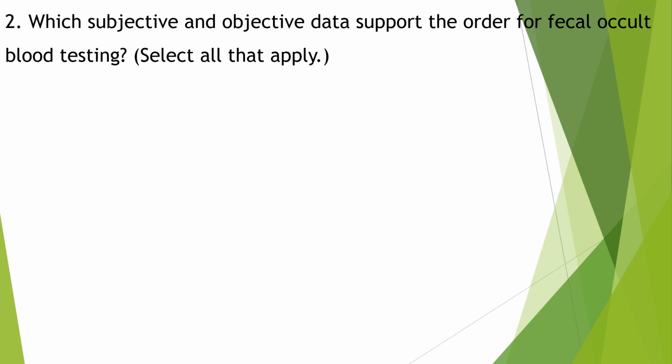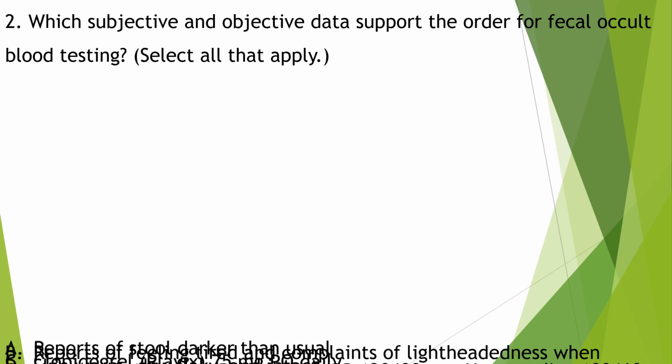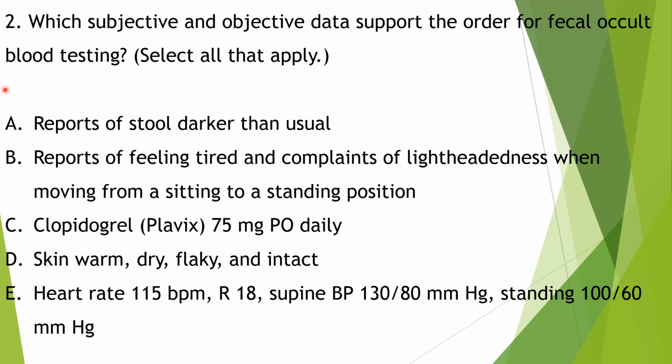Which subjective and objective data support the order of fecal occult blood testing? Reports of stool darker than usual, reports of feeling tired and complaints of lightheadedness when moving from a sitting to a standing position, clopidogrel 75 mg per oral daily, skin warm, dry, flaky and intact, heart rate 115 beats per minute, respiration 18, supine BP 130/80 mmHg and standing 100/60 mmHg. So the subjective and objective data that support the order for fecal occult blood testing, they are: